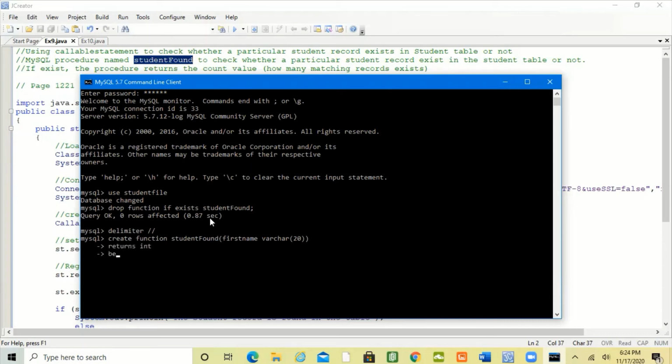Fine. I'm going inside the procedure, begin end. I write the statements inside begin end. What I'm going to write first, let me have a variable. Declare means I'm going to declare a variable. Let's say result, the data type is integer, semicolon. All the statements you end with a semicolon. Now I'm going to write the select statement. I'm going to select all the records from the student table whose name is John.